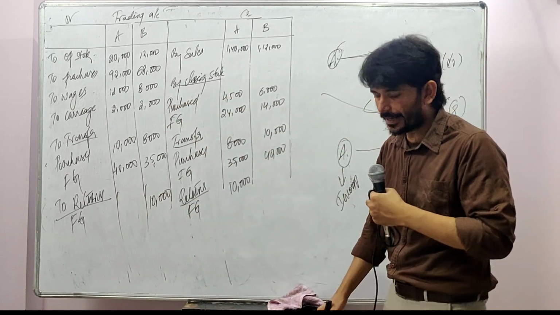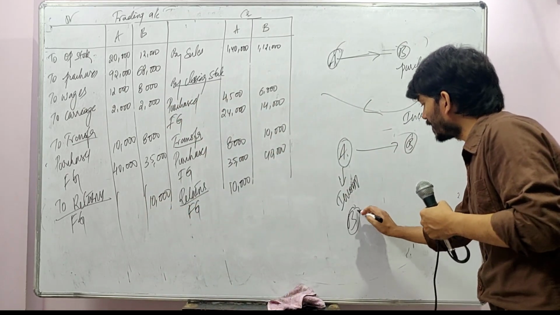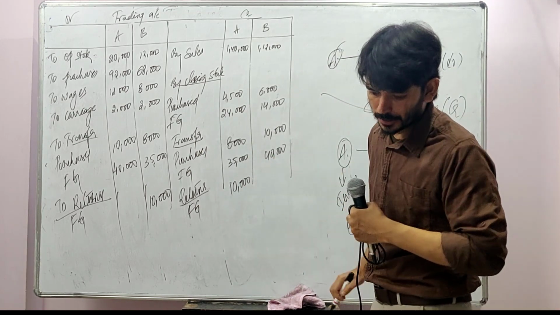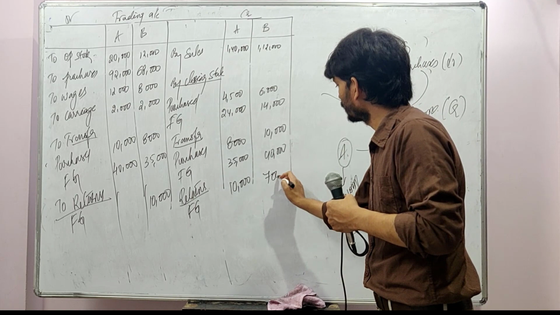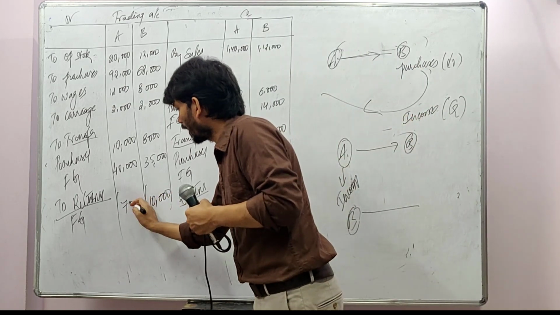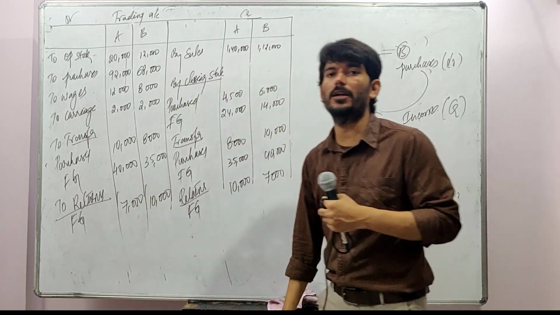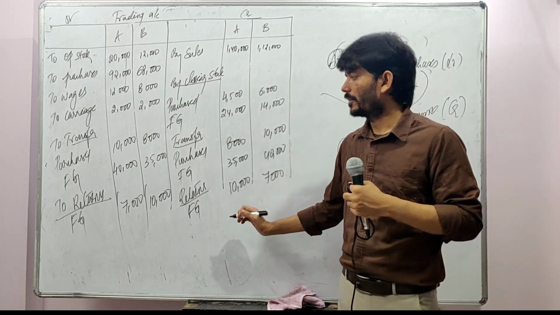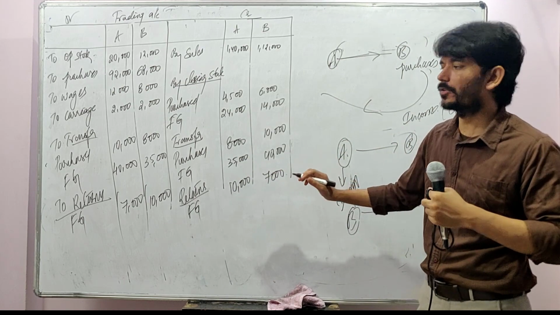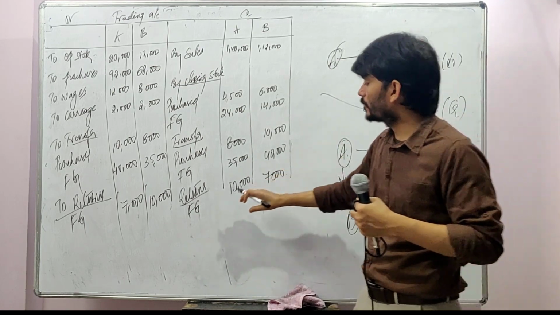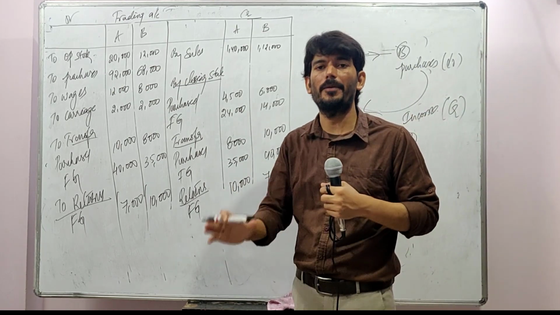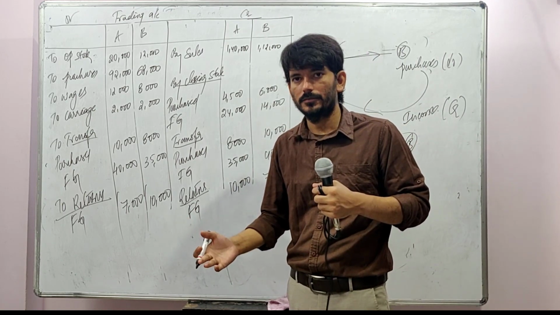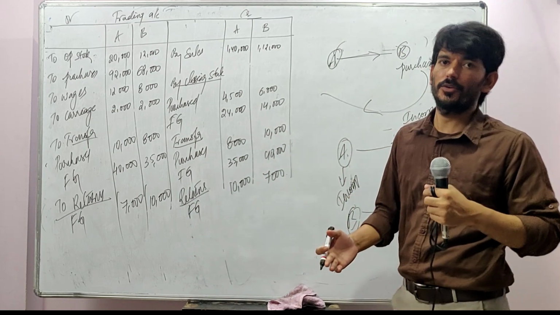The same logic, B to A. When B is returning, for B it's an income, so it should come here. It's 7,000 here. I went through this slowly only to make sure you are very much aligned with what I'm saying. Not even one student should miss a point about whether it should be here or there. It's okay to take some more time. Again, my logic is, it's not okay to waste your attempt.